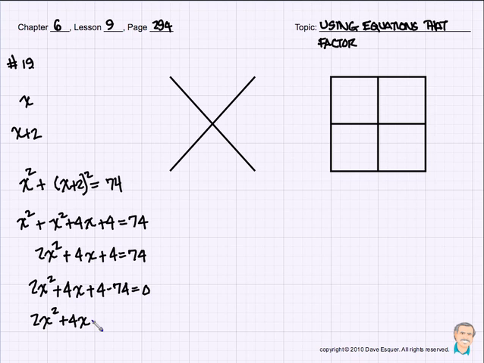We end up with 2x squared plus 4x minus 70 is equal to 0. And let's see if we can figure this out. Let's make this ax squared plus bx plus c. A is equal to 2, b is equal to 4, and c is equal to